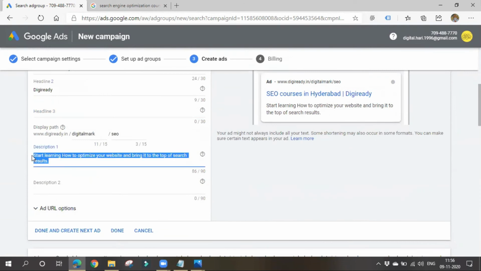For each and every ad, if you are creating multiple ads, it means you are giving a trial, right? You have to test which ad might work well. This is known as A/B testing. You have to create 2 to 3 ads and test which ad is performing well.